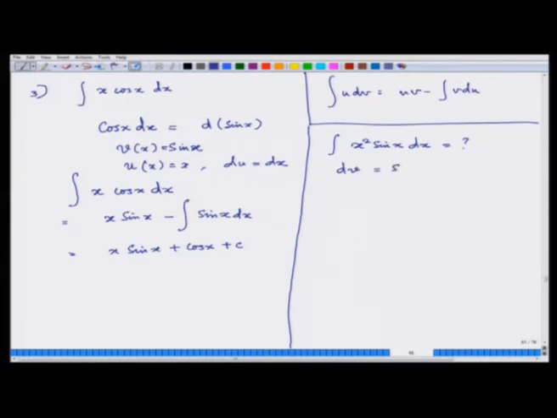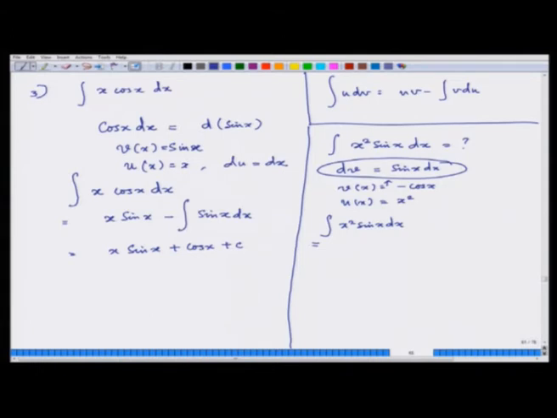So dv, if I take dv equal to sin x dx, which means my v(x) is equal to minus cos x. So my u(x) is equal to x square. So it is again integral u dv. So the integral of x square sin x dx is equal to,